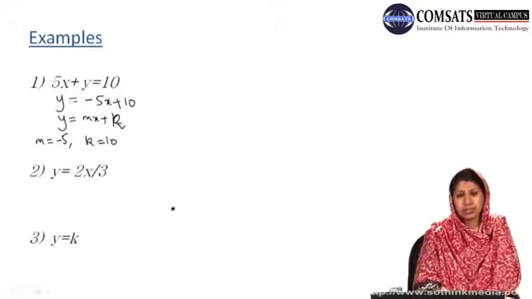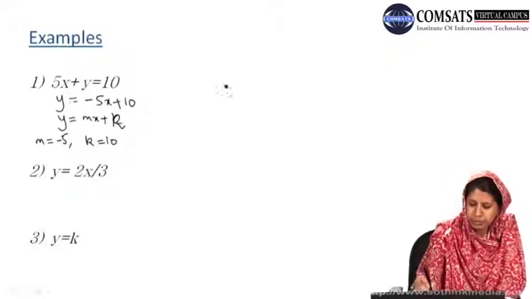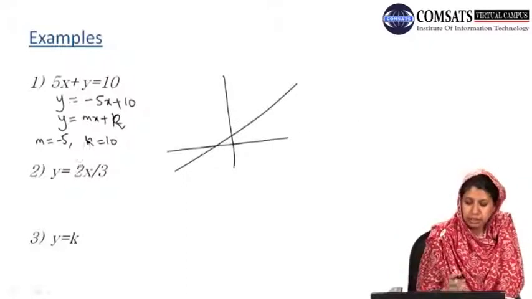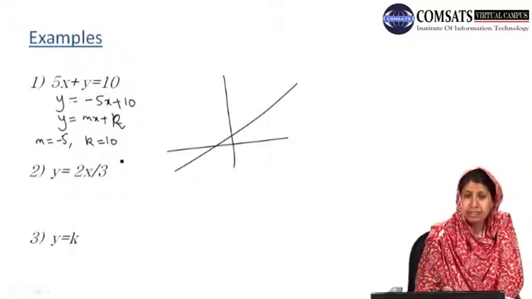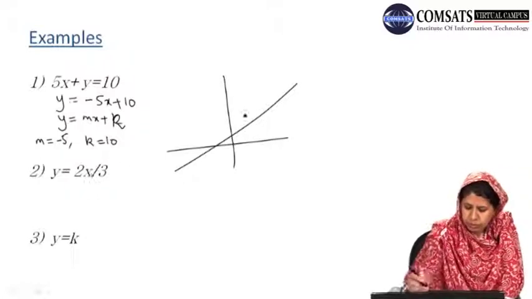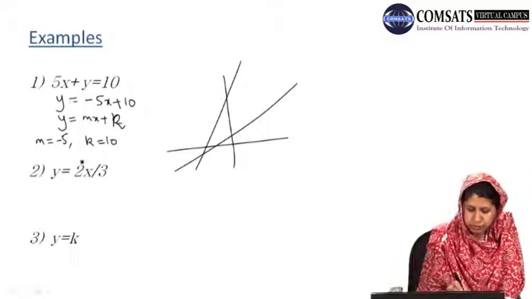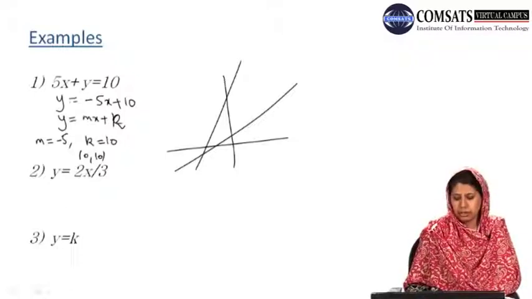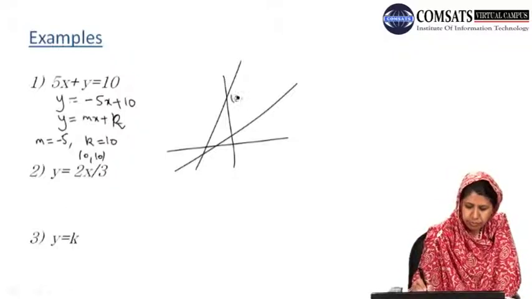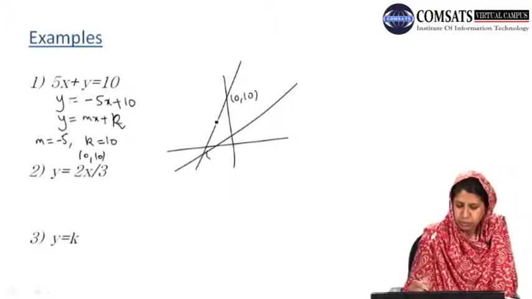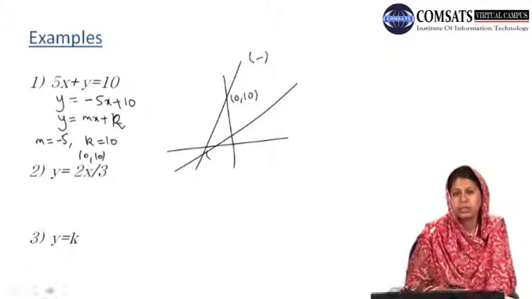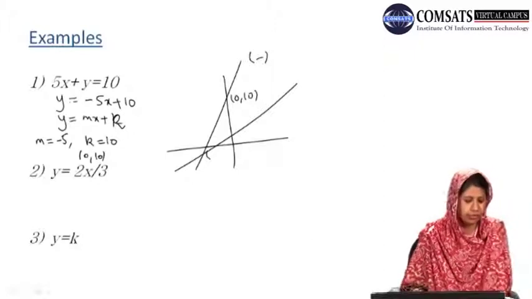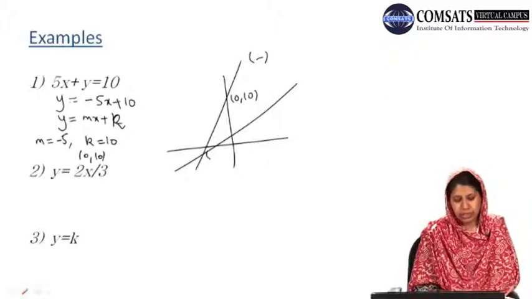So the given line has a negative slope, which means that the line is definitely falling from left to right, negative slope minus 5, and it has y-intercept 10. Then this should be somewhere above, that is when x is 0, the value of y is 10. So k is basically representing the y-intercept. So minus 5 means that the given equation has a negative slope, and the magnitude, the steepness of the line is 5.